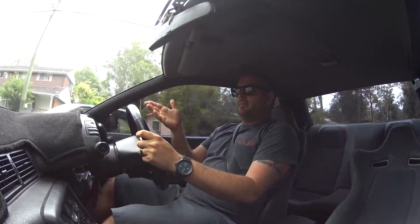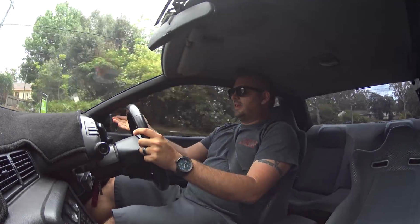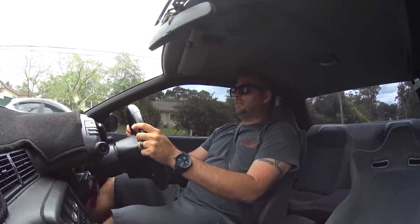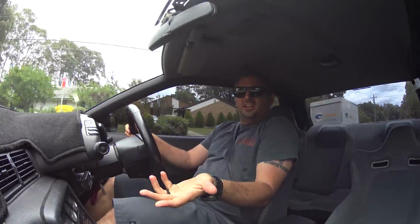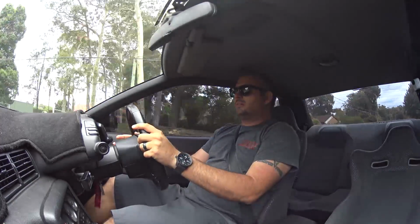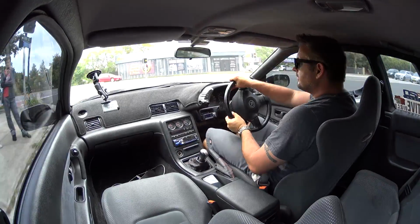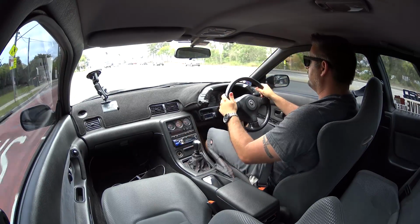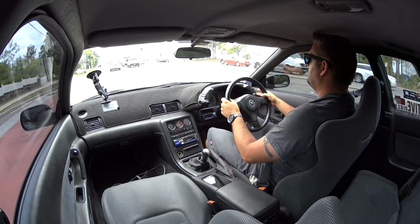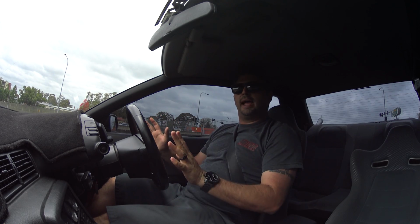I'm at 2,000 RPM going up a hill in 5th gear. If I put my foot flat, I'm seeing a couple of extra pound of boost, and it's no problem. But, you know, when do you drive at 2 grand driving normally anyway? Okay, so back in a second. Alright, so I've shown you that it's perfectly capable of being driven around town as a daily driver, and you can drive normally,